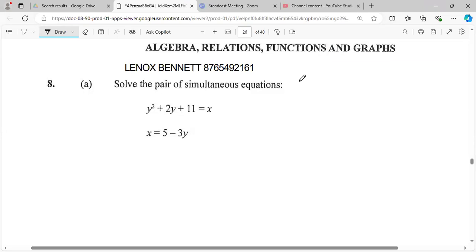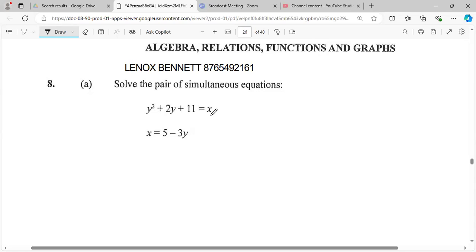Alright, let's go. So it says solve the pair of simultaneous equations. So we have y squared plus 2y plus 11 equal x, and x is equal to 5 minus 3y. Alright, so this is what we call a quadratic type. So I think we'd have to just substitute